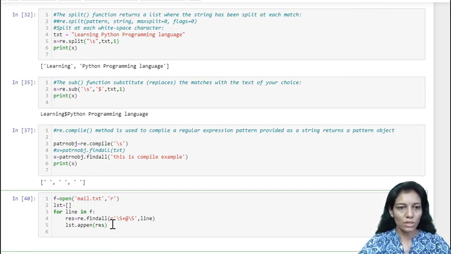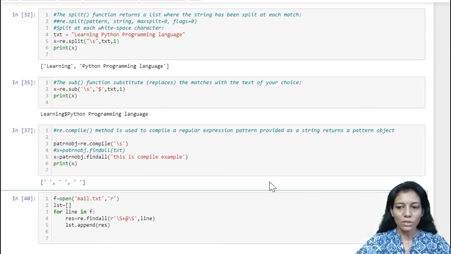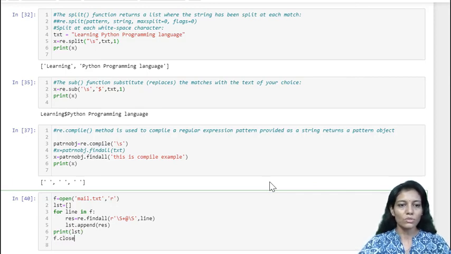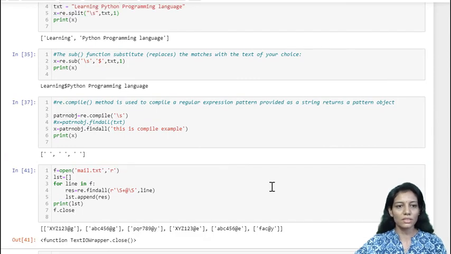Sorry, I need to use append here. That's all. The loop will iterate over all the lines extracted from the file handle, and at the end I'll be printing the list, and I need to close my file. So let us execute the code and find the result.